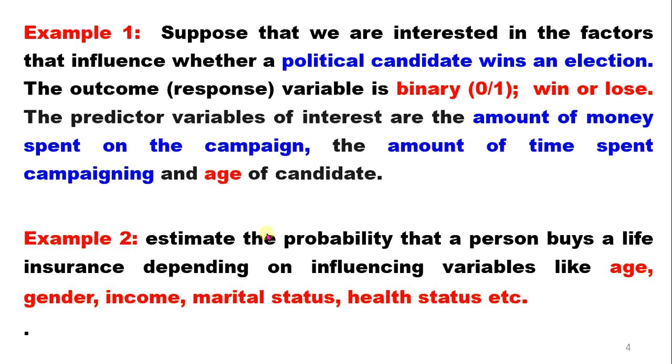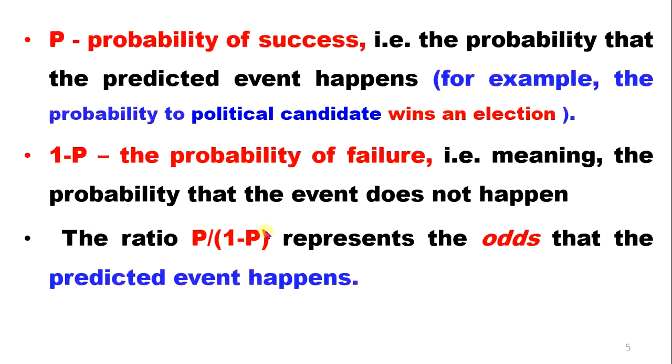predicting variables like age, gender, income, marital status and health condition ማለት ነው ስለዚህ አሁን እንደዚህ አይነት ሪሰርች ከሆነ ያዛችሁት ምንድነው ማለት ነው we need to use binary logistic ማለት ነው p እንዴት ነው it is a probability of success ነው the probability that the predicted event happens for example the probability of a political candidate to win an election probability of success ነው አለ 1 minus p ደግሞ ምን ይሰጠናል it is a probability of failure ማለት ነውና meaning the probability that an event does